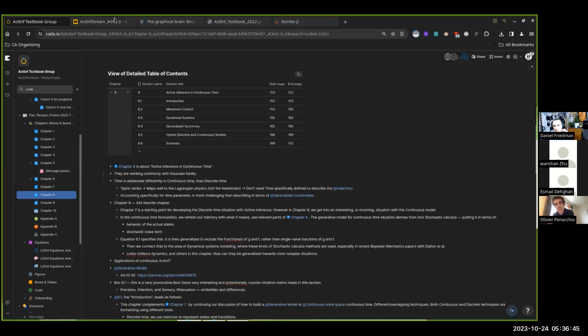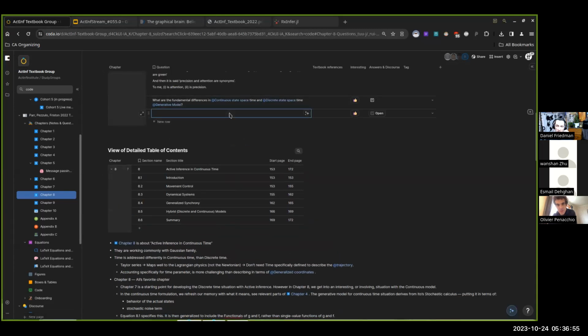Yeah, I'm thinking when you implement this continuous time model in a computer, you have to discretize the time anyway, right? Yeah, this is a great question. Well, it then becomes discretized. If you discretize the time, will it become a discrete model, or is it actually fundamentally different from the discrete model?